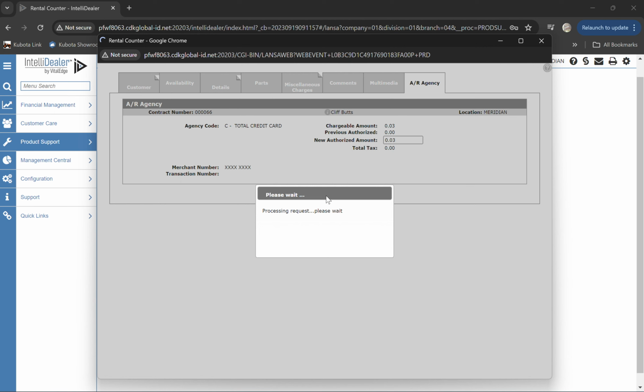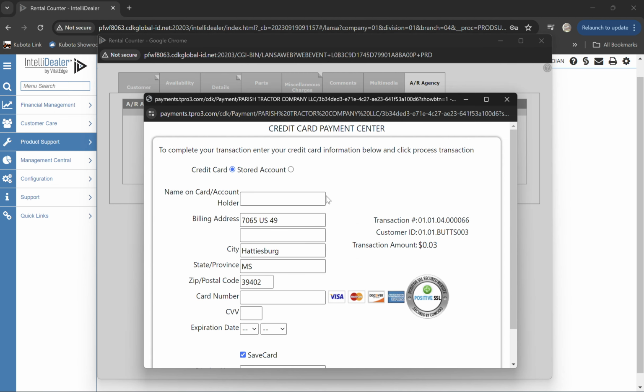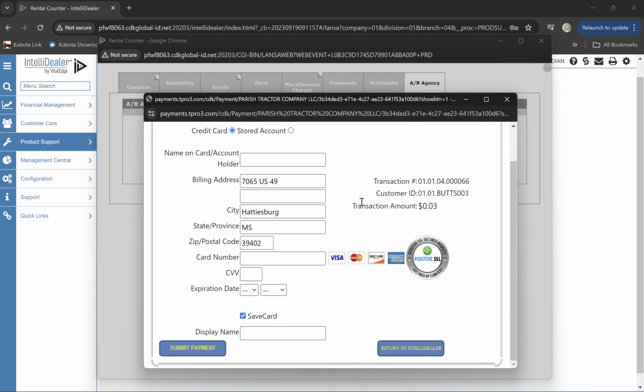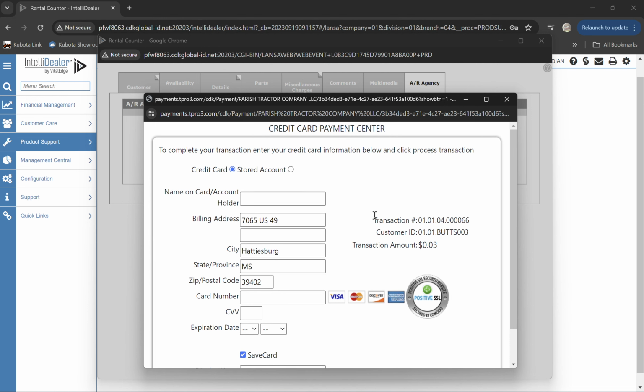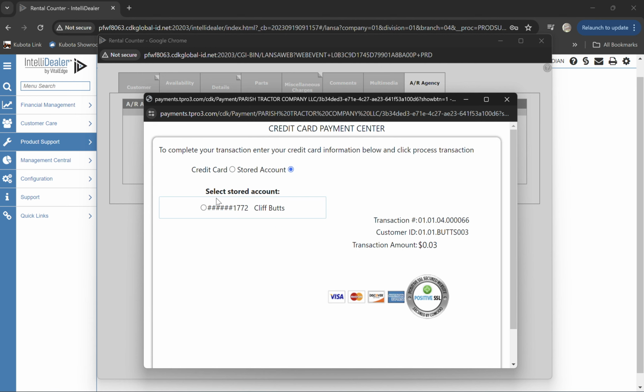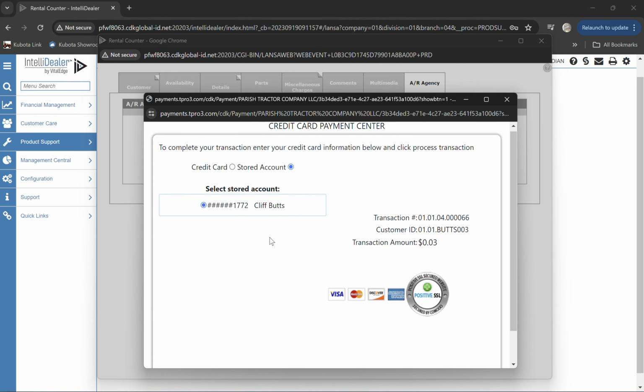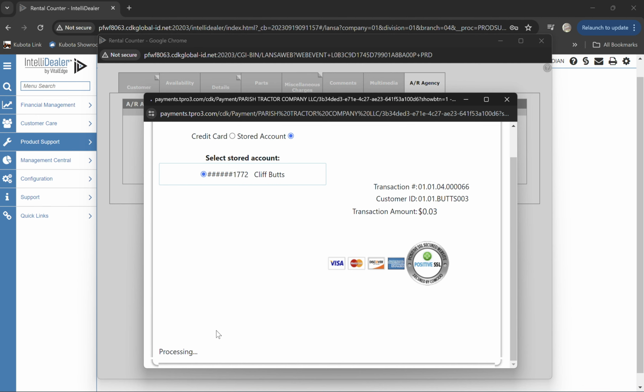So go down here to non-swipe, and whatever is on their card, type it in. So name on the card, type it in, put the address, their home address, wherever their billing is, that this needs to match. Put the card number, the CVV, and the expiration date, and again, the card name as it appears. Or if they've rented from us before, they may have a card on file, which you can just click stored account. As you can see, the stored account is there. We want to submit the payment,